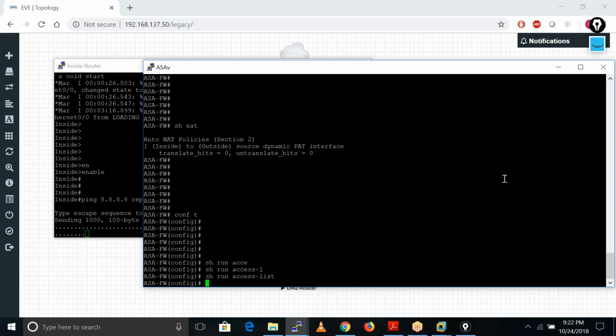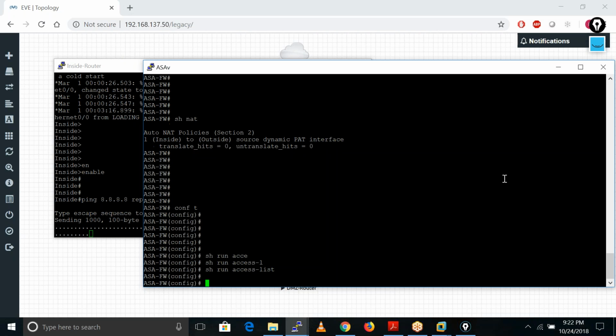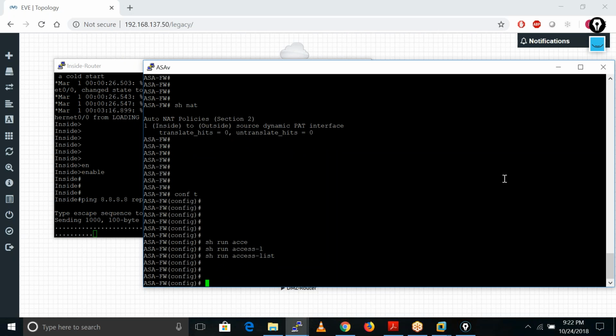And the ASA firewall also creates a connection table for TCP and UDP traffic. So what happens with the ICMP traffic? ICMP is a stateless protocol. So when the ASA firewall receives any ICMP request, it just drops this packet. So how can we allow these kinds of packets?